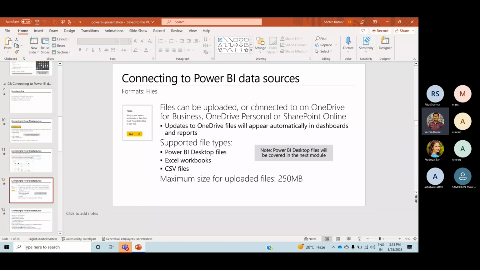Connecting to the Power BI data sources, a file can be uploaded or connected to your own drive for business, like OneDrive personal or SharePoint Online. An updated OneDrive file will appear automatically in dashboards and reports. The supported file types are Power BI Desktop files, Excel workbooks, and CSV files, and the maximum size for an uploaded file is 250 MB. Power BI Desktop files will be covered in the